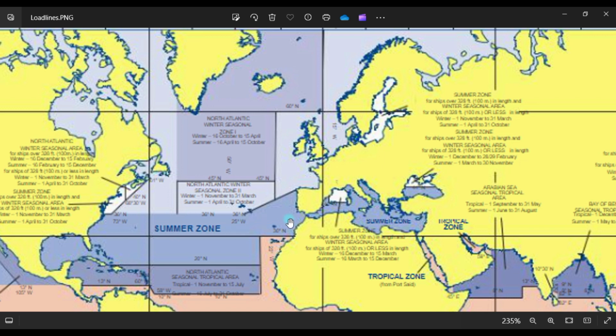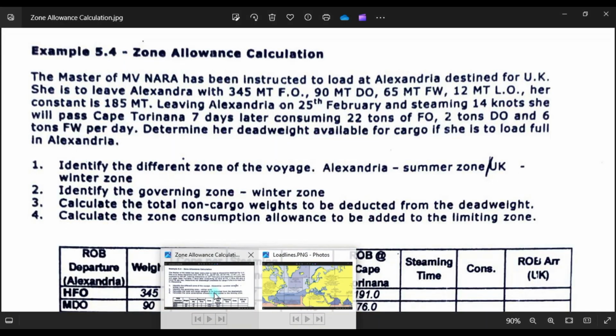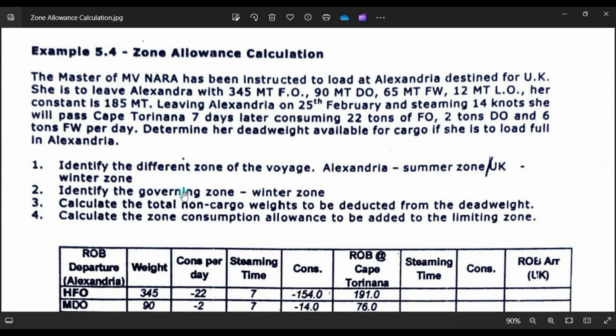So this is summer zone, and when you pass Cape Torinana, this will be winter zone. Okay, so let's go back to the problem. It will take 7 days to reach Cape Torinana from Alexandria.